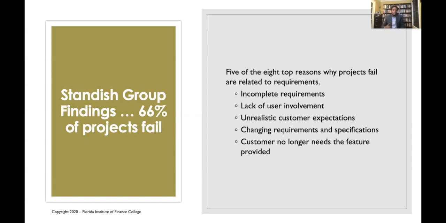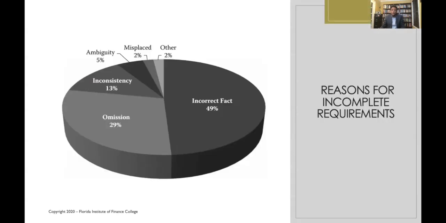Now let's just go one step deeper and take only the first one, and see what made the project's requirement incomplete. There's another data set on the reason for incomplete requirements. There are close to 6 reasons, and the number one, the biggest, at 49%, is incorrect facts. That means that the project manager did not do his or her due diligence in finding the